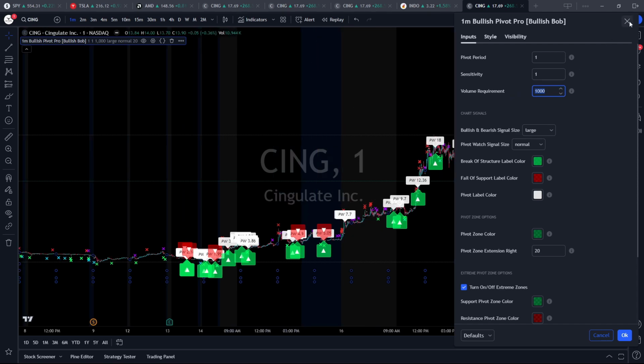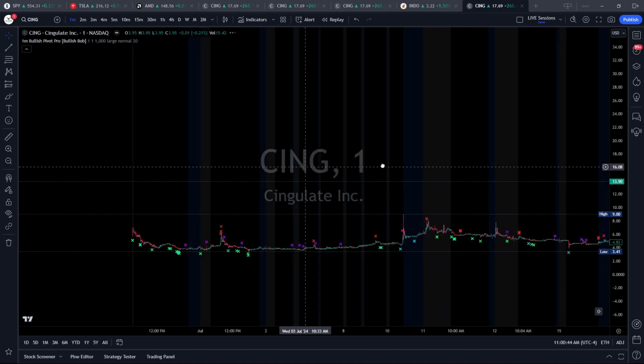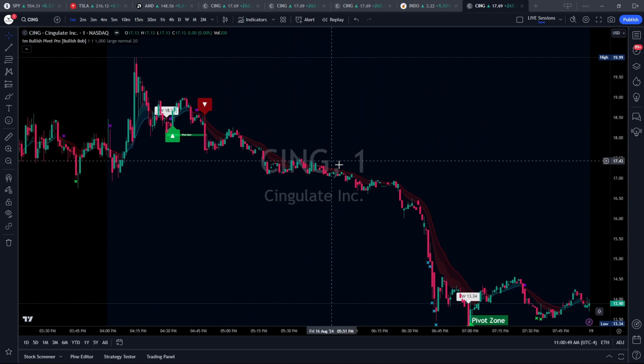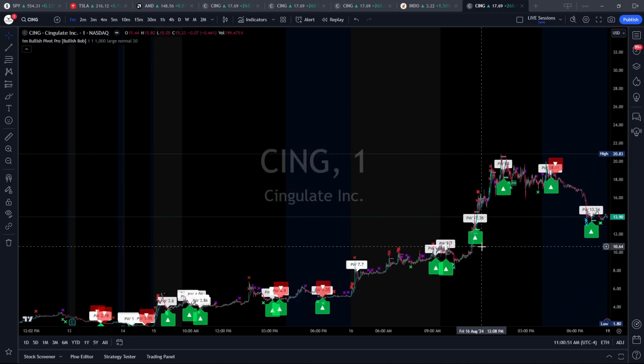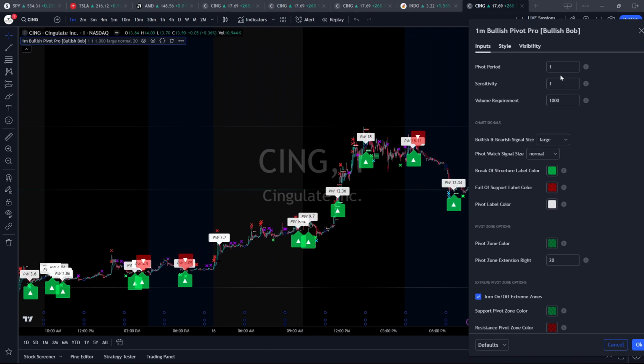If you zoom out here, let me zoom out a little bit more on this chart. We don't have a lot of other previous alerts on this chart, and that's because, again, low volume. These did not have over 1,000 shares. So let me just zoom out here, double click on this again, and we'll go ahead and change the pivot